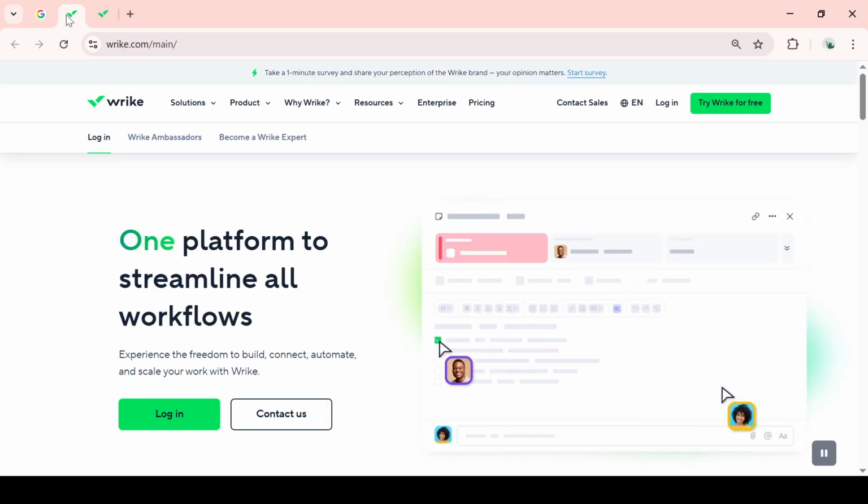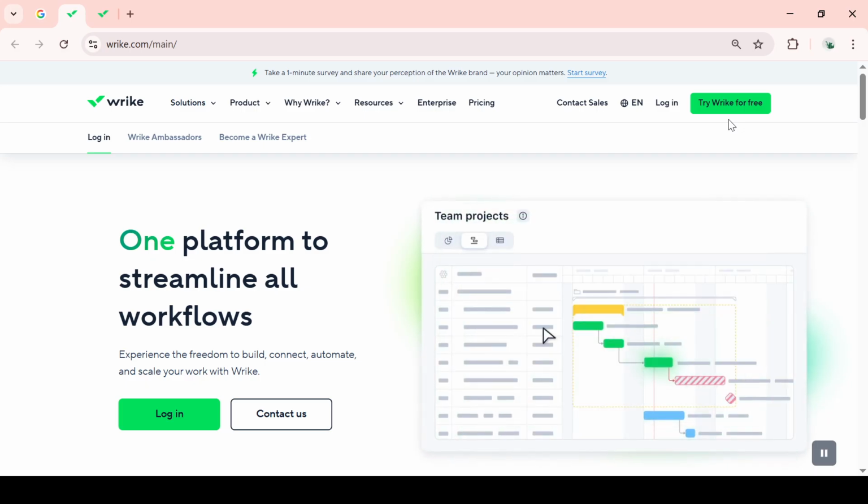Once you're on the Wrike homepage, you'll need to log in. If you already have an account, just click the Login button and enter your credentials. If you're new to Wrike and want to try it out, you can also select the Try Wrike for Free option to start a trial. This will allow you to get a sense of the platform's features and capabilities, including the undo function we're focusing